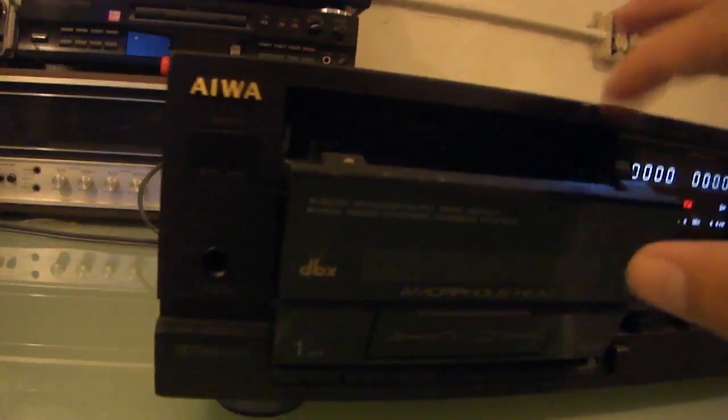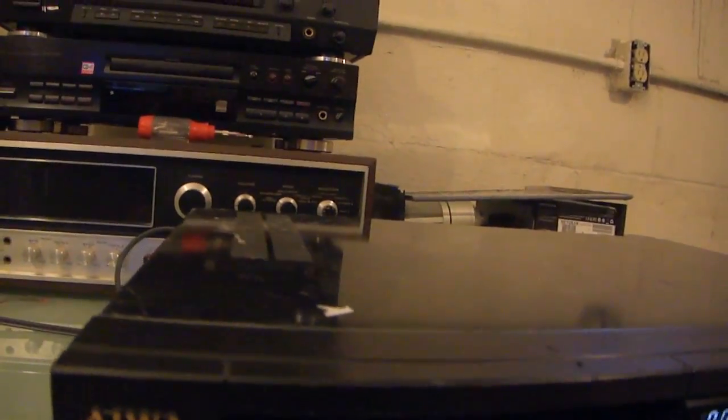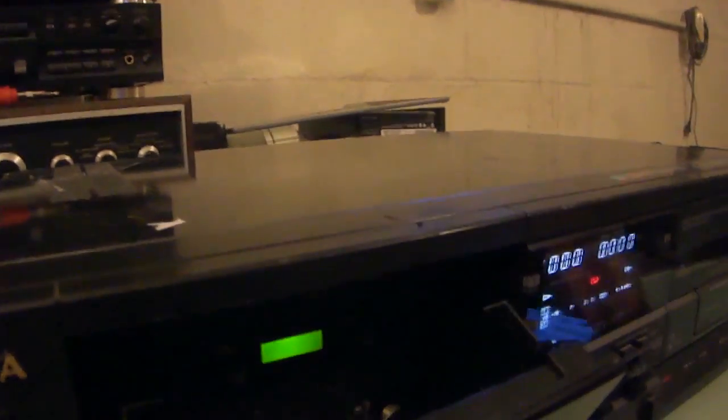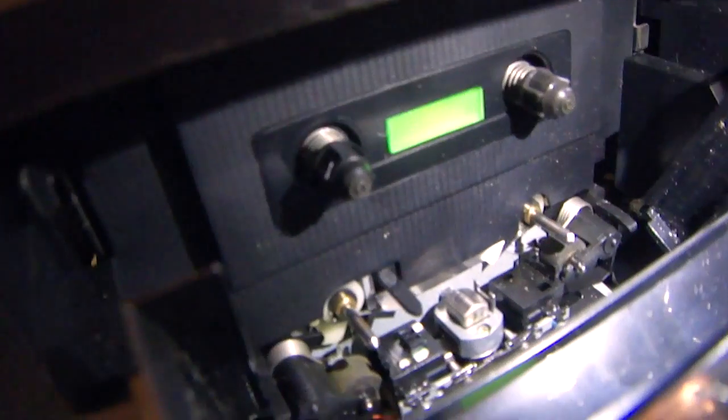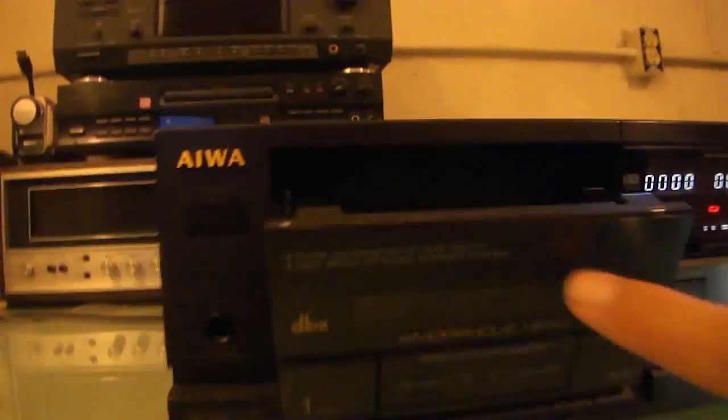But when I first got it, this deck was stuck shut, and I figured out that the mechanism inside, the magic flashlight, once it decides to power on, there we go. The mechanism inside, the heads were stuck in the up position, so it was in the stop mode, I was able to push them back down by hand carefully,